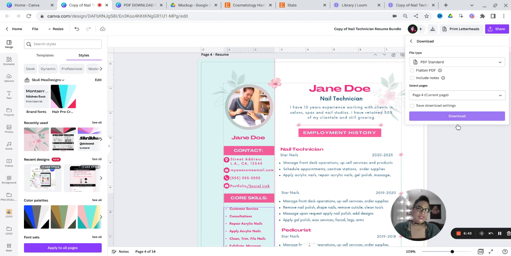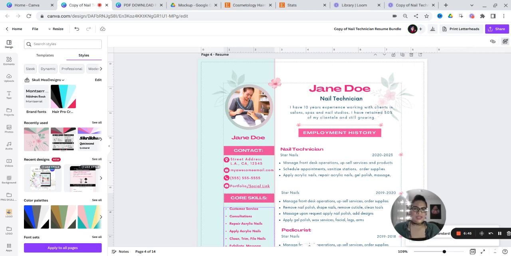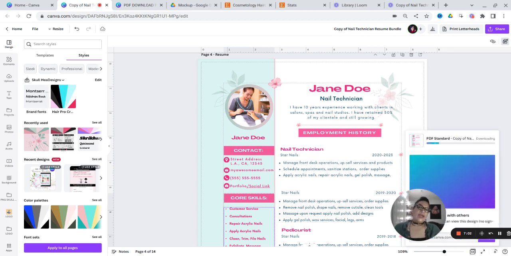And then we'll download it, so it'll save it to your computer. But if you have the pro version, then it'll allow you to save directly to your Google Drive or whatever other options it offers you. You can also schedule your Instagram posts and Pinterest posts from here, but that's a different video where you have to add that link